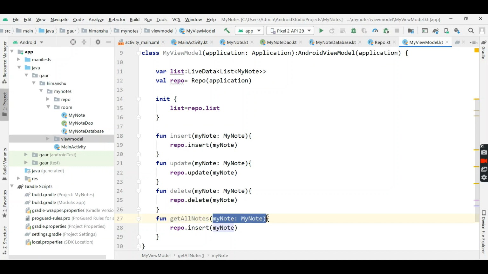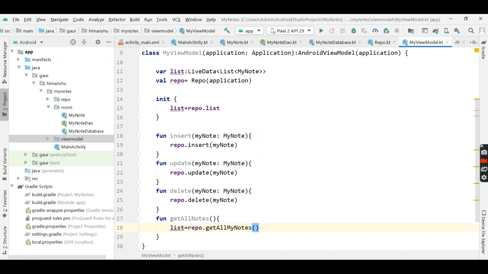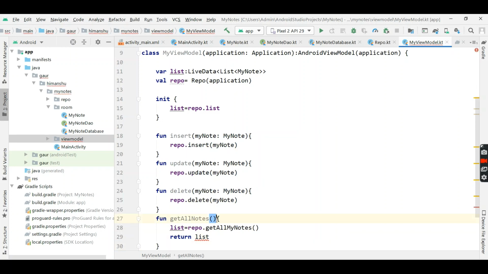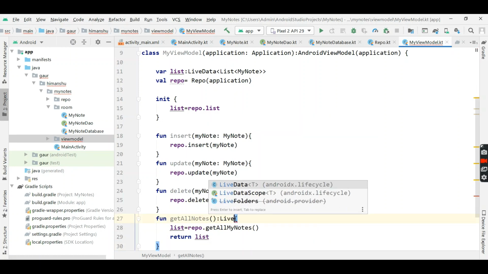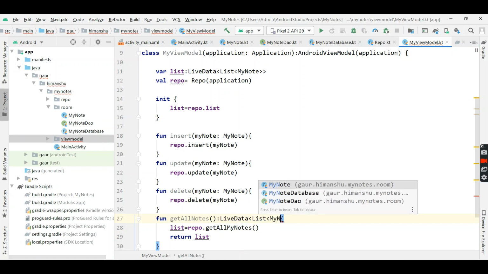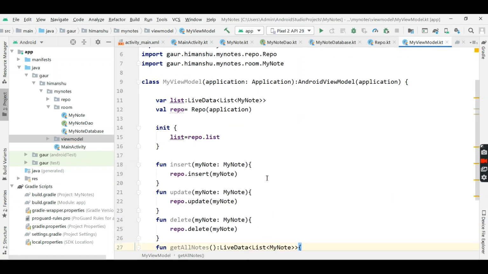Yeah, so no arguments required, and take data in our list. So repo dot get all my nodes, so it will give the list of nodes in our list, and now return this list and make the return type live data, which is of type list of my node. Okay, now this is our view model, it is complete.